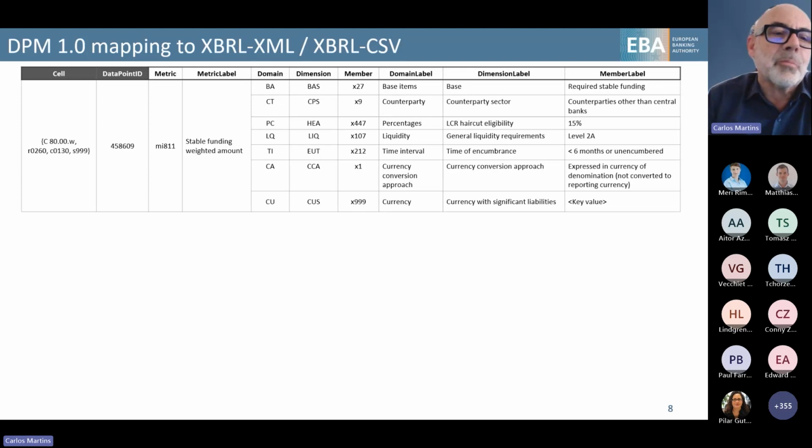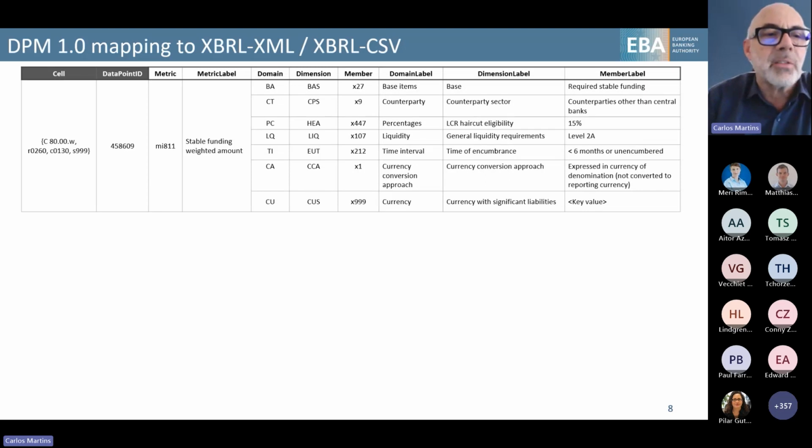S999 is what we have been using to represent a template with open sheets, meaning the number of sheets is not predefined for each case. In the case of a currency, a new sheet is generated and the number is not predefined. I think most of you will know what I'm talking about.